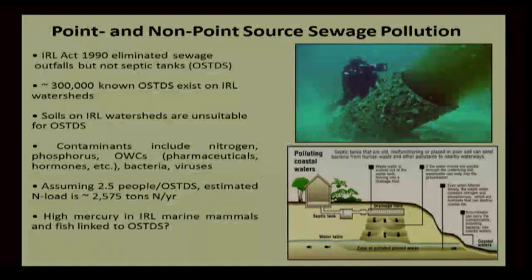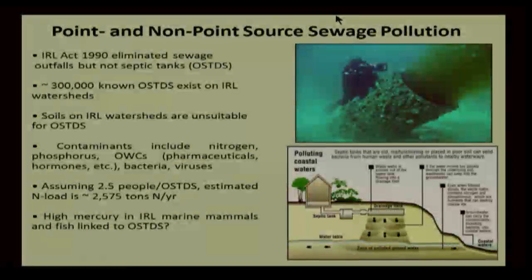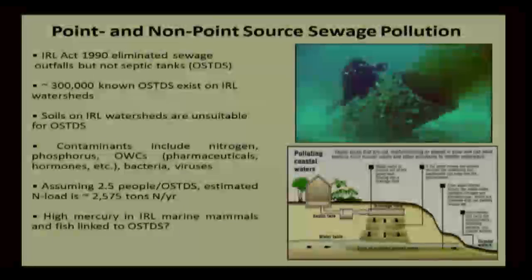The soils in many of these areas are unsuitable for septic tanks. They're sandy, porous soils with very low carbon content. The contaminants in the septic tank effluent include nitrogen, phosphorus, organic wastewater compounds, things like pharmaceuticals and hormones, and pathogens, bacteria and viruses. And if you just do the math on how much nitrogen can come from these septic tanks, with 2.5 people on average per septic tank,